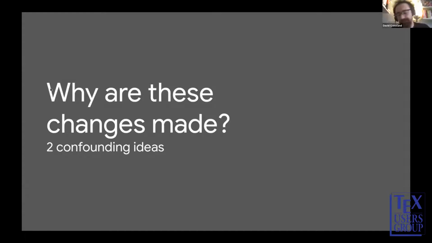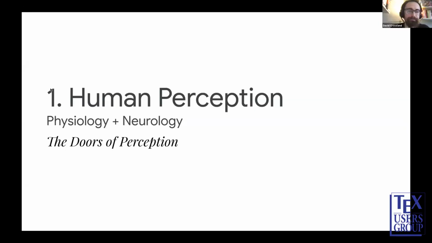Because it's a very powerful feature. So I want to now change tacks a little bit and talk about some of the theory behind why optical size, or size-specific design styles, are designed. Because as a user, you have the ability to accept the automatic size selections, but you could also override them and set them more appropriately for your document. And so the first idea I had to show you is this